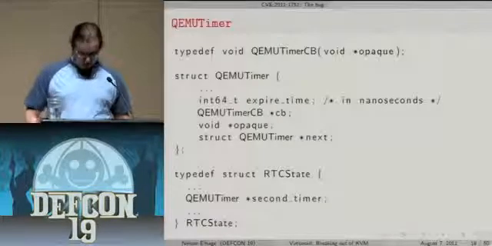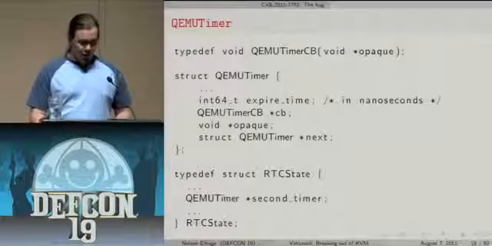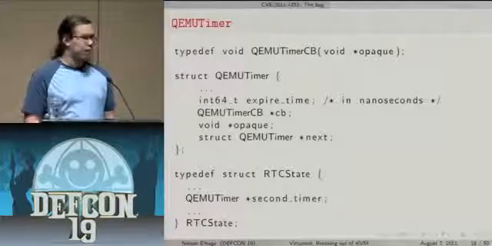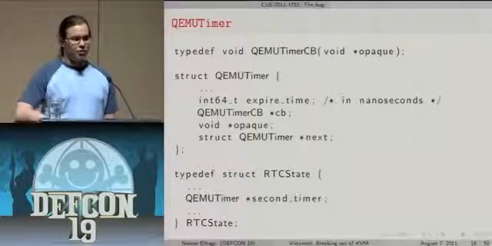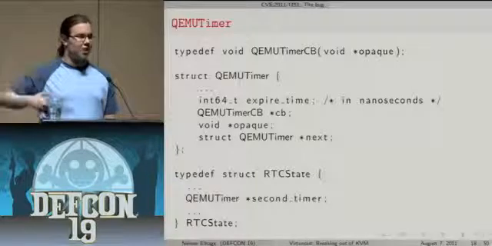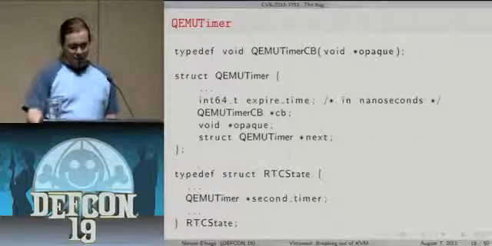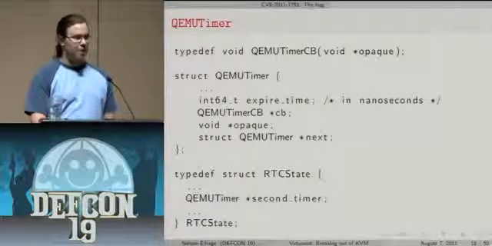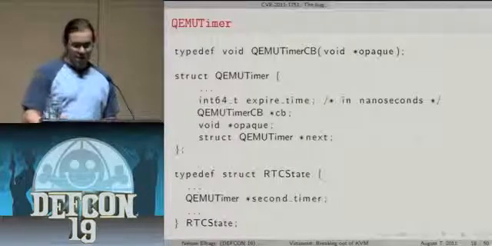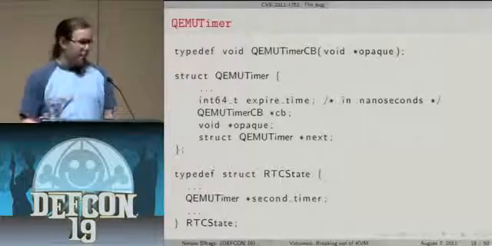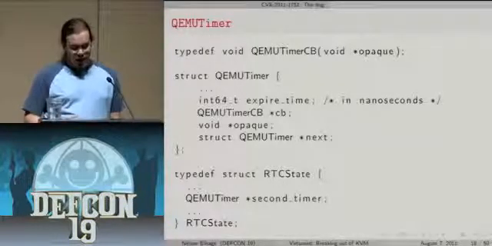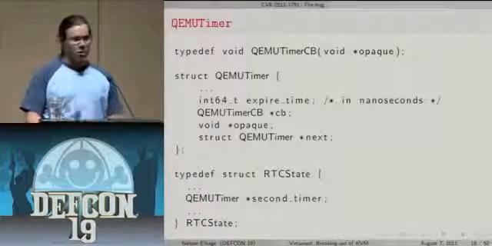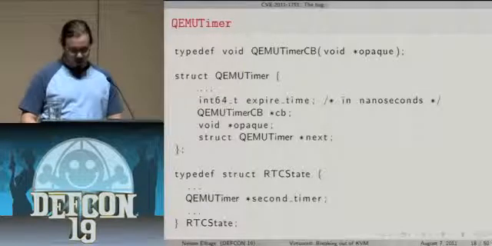And so we can just look a little bit at what this means in code. The real-time clock is emulated by this struct RTC state at the bottom of the screen, and it has this second timer that it just schedules to get fired every second so that it can update the time. And if we look up above at how a QEMU timer works, it just has an expire time that says when this timer should fire, and then it has a callback and an opaque pointer that is passed to that callback. And so once a second, the QEMU timer fires and calls this RTC update function on that RTC state